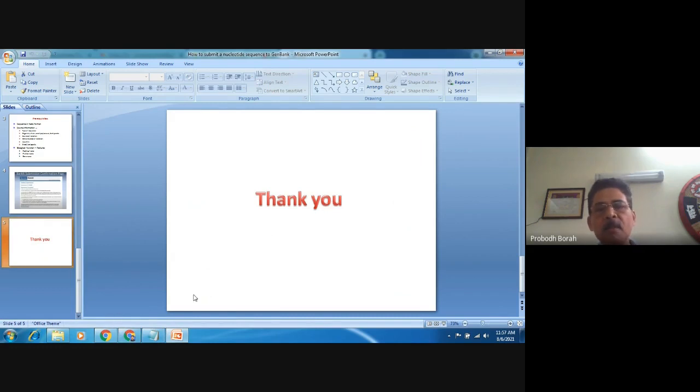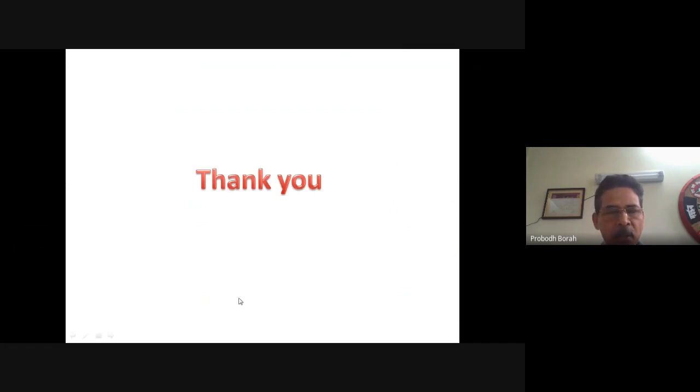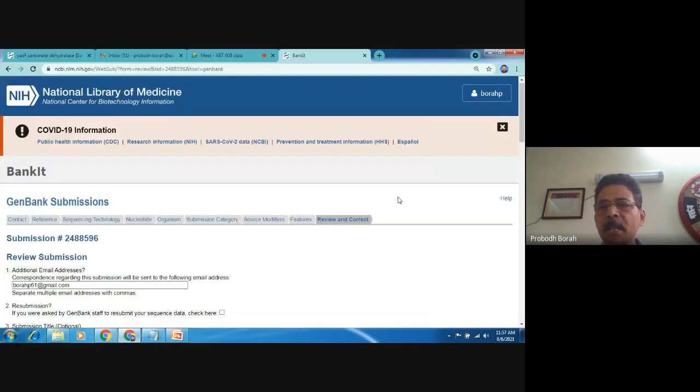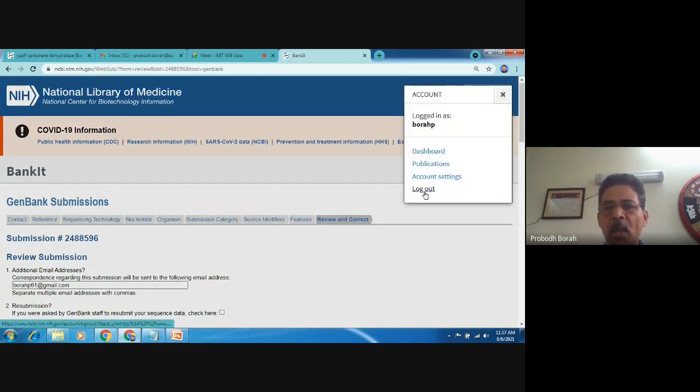This is the process of submission of sequence to GenBank. And after you submit it, then you have to log out from the GenBank account. For that, you have to click your name, then log out. So without submission, I have logged out.